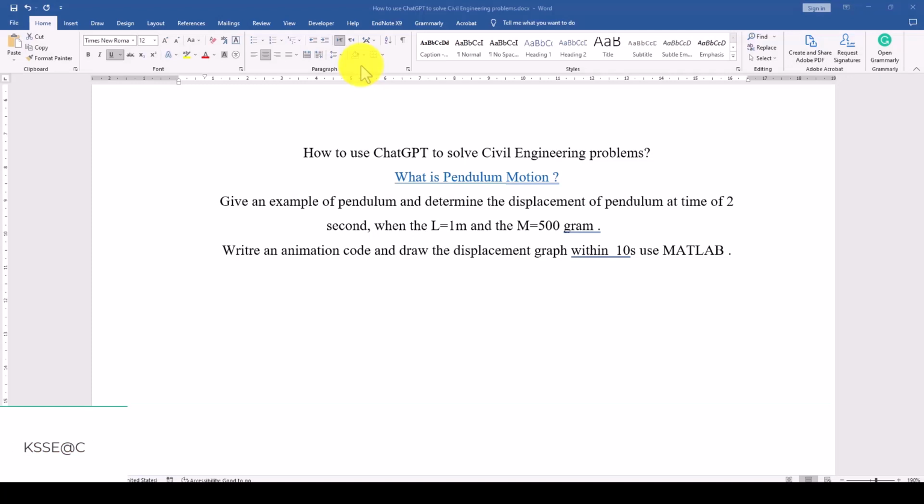Hello everyone, this is another tutorial from the series of ChatGPT to solve civil engineering problems. In this problem, we're also discussing a fundamental problem which is called pendulum motion. This is actually in physics and also some other mechanical devices, and we are all familiar with pendulum motion. Today we're going to ask ChatGPT or AI to tell us what pendulum motion is, and then we will ask it to give us an example in case we have